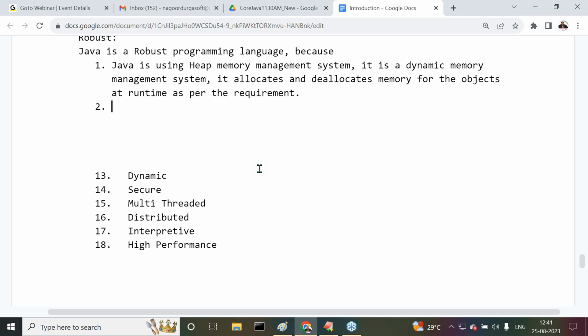But the second one is exception handling. Java is very good at exception handling mechanisms. But first of all, understand it. What is an exception? What is the meaning of exception handling? All the points here we have to understand. Now I'm giving one example. Try to understand it clearly. All of you listen carefully. For example,